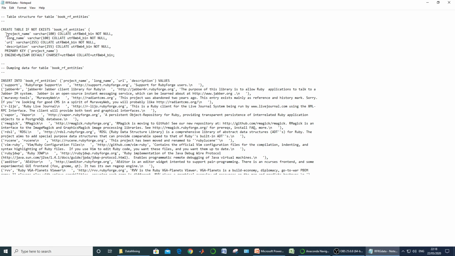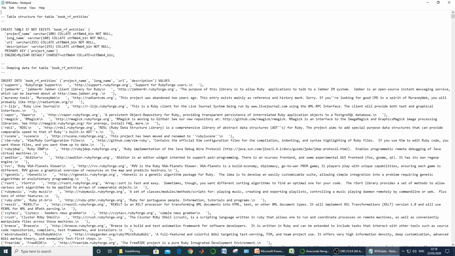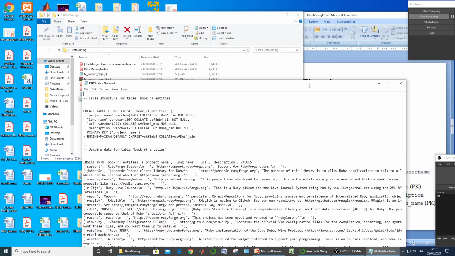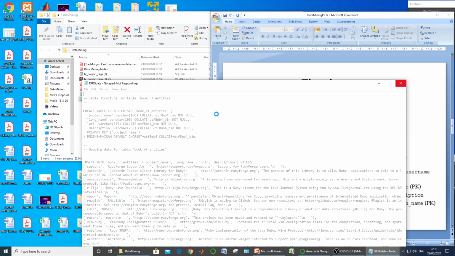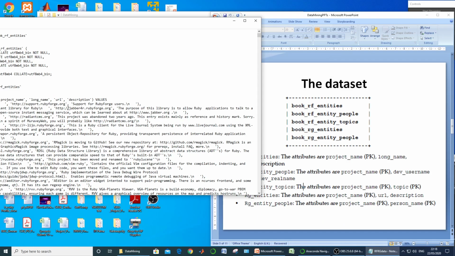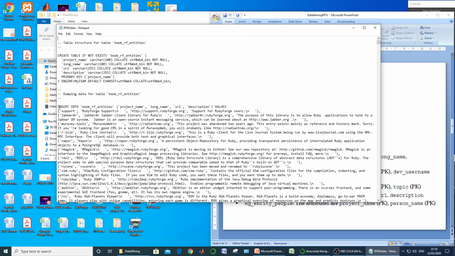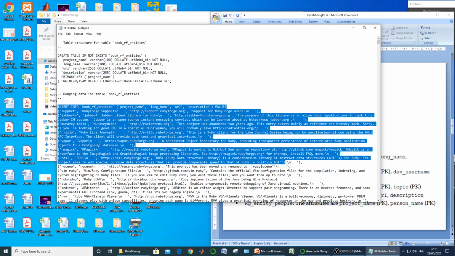Very simple SQL statements are there. First one is create a table if not exists, that is create book underscore rf underscore entities. So this table is to be created, which is our first one, rf underscore entities. And in the same way there are other five tables enlisted in this using create statement, and after creating a particular table there are insertion statements for each table which populate the individual table.